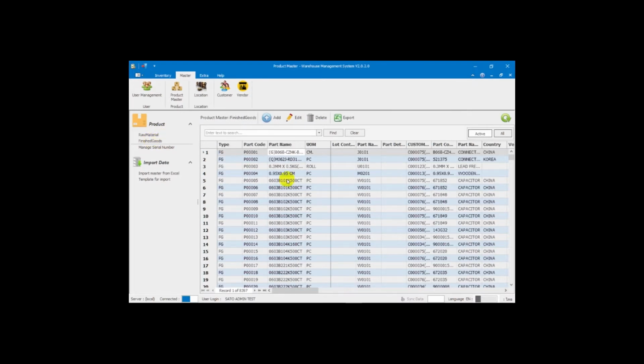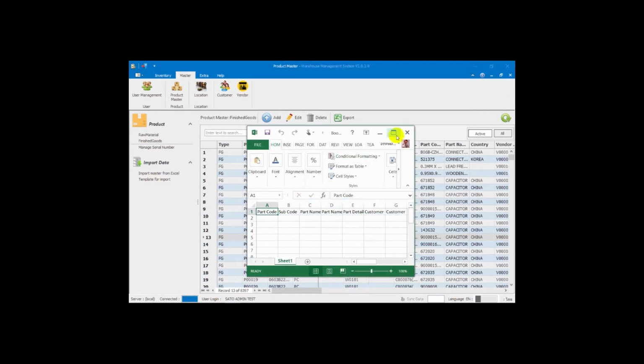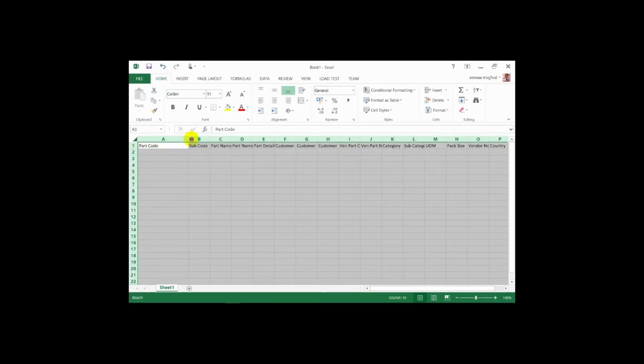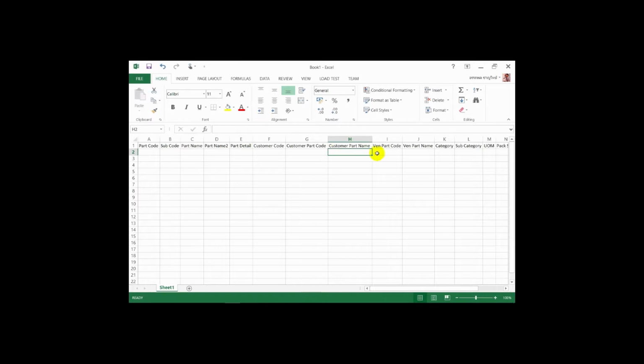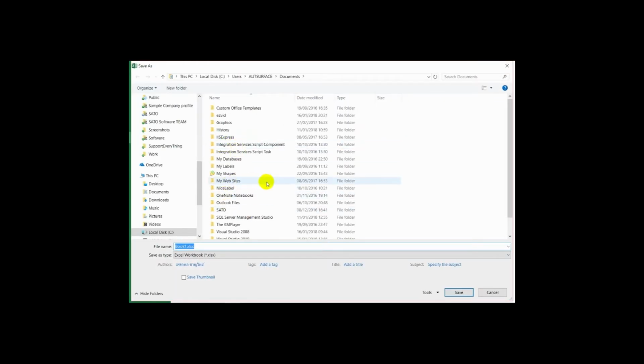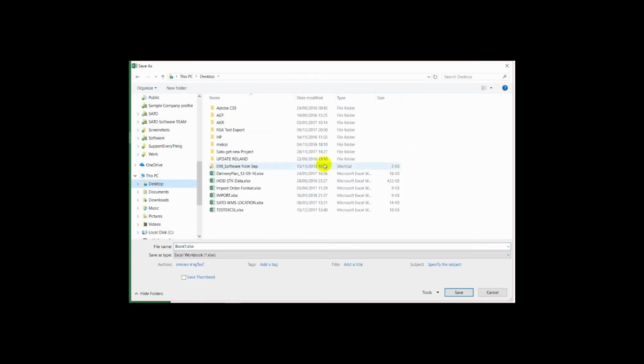This function helps you, for example, like the template. It will help you to fill the data, for example, from XAP or something, and you can use that from the Excel to import instead of keying, like adding it one by one. So you can use an Excel file to import. And after we make an Excel file with the template, you can use that template to import that Excel file to the system